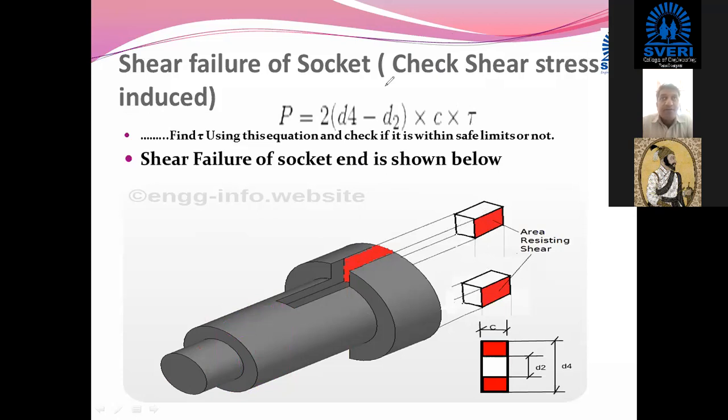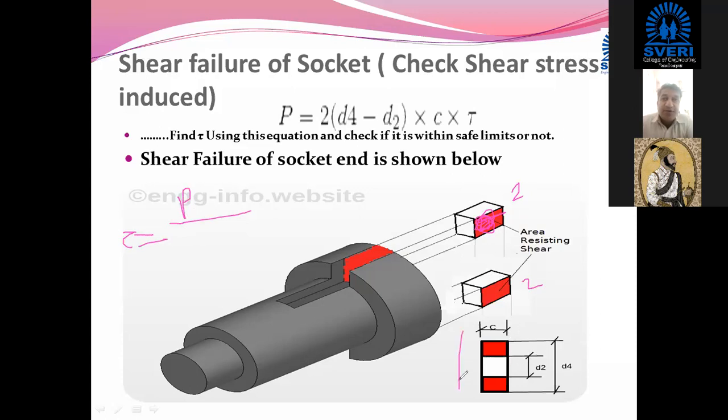and we use this area and the area which is opposite to that, right? So when we are going to calculate the area, we have to calculate it as twice here and twice here, because these two rectangular parts will be sheared out. So we have to use the formula, shear stress is equal to force P, which is the applied pulling load, divided by area.